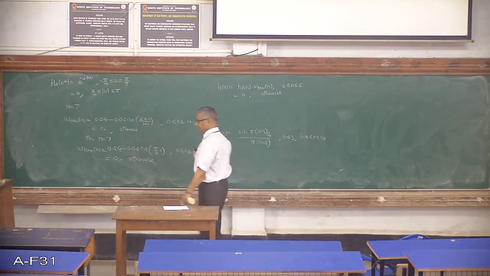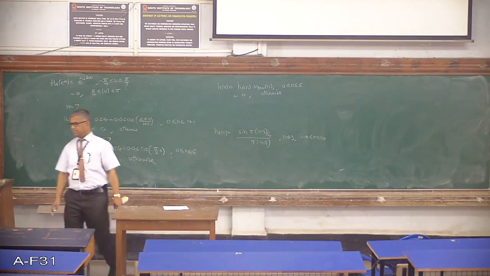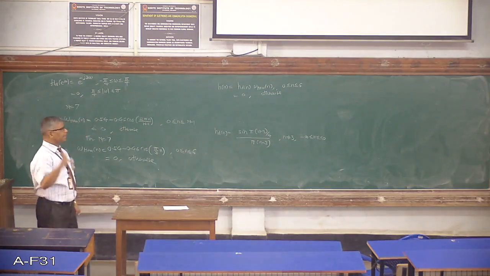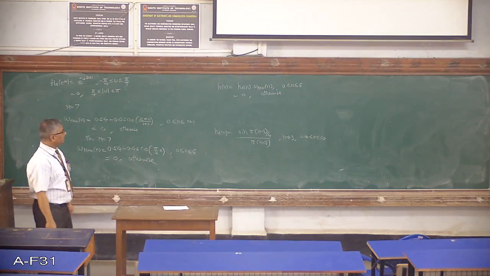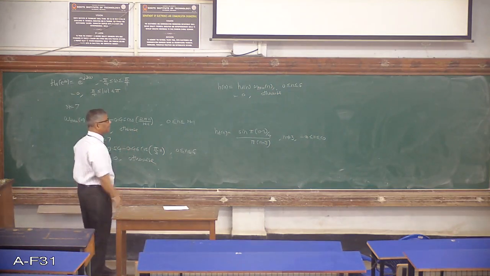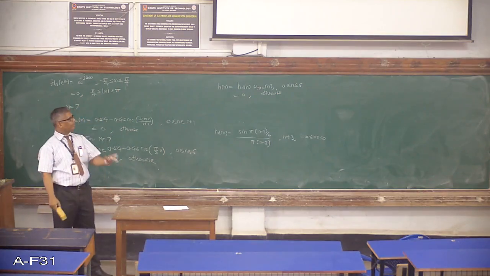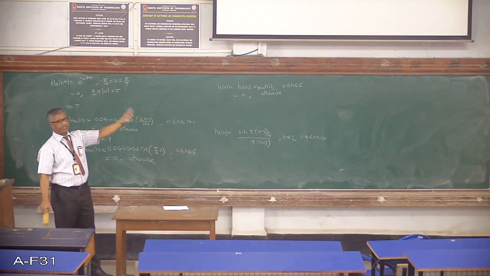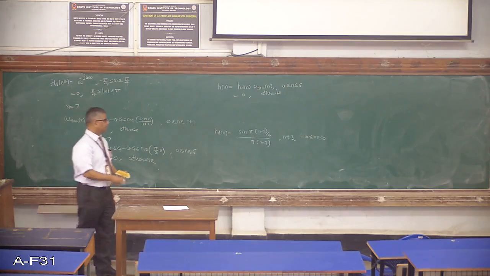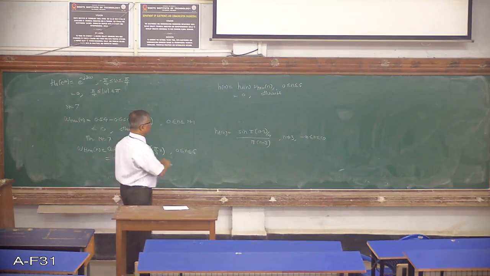Same procedure, whatever window they specify, but in this Hamming window every sample is going to be different. In the rectangular window all samples were of height 1, so that window did not appear in the calculation, but here we have to find out every sample. So let us put the values and get it now.